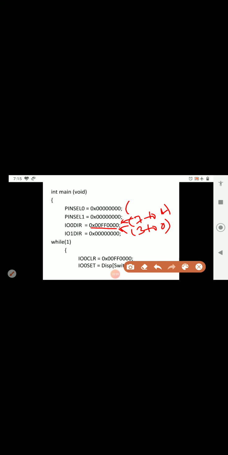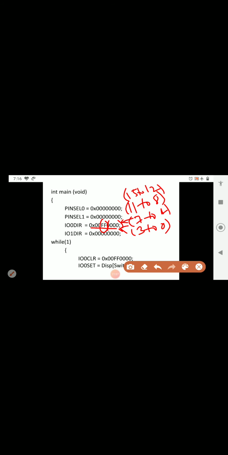Similarly for the third, the numbers are 8 to 11. And the next is 12 to 15. So these 4 zeros represent bits 0 to 15.